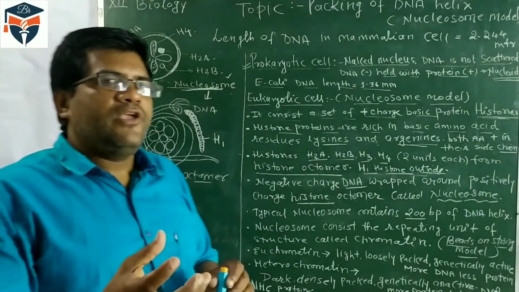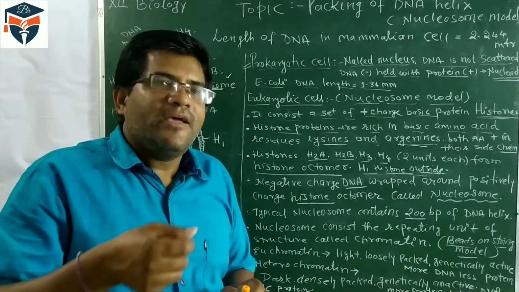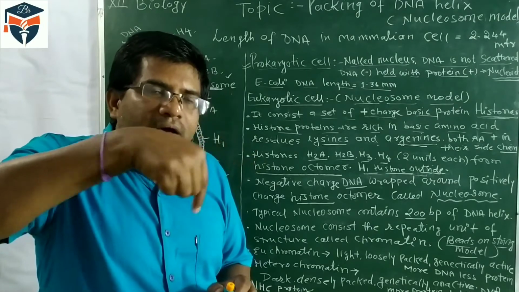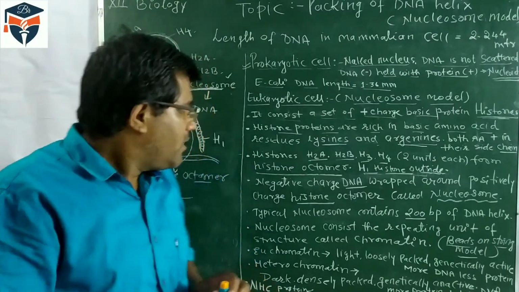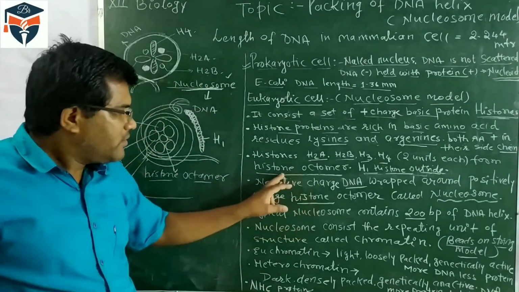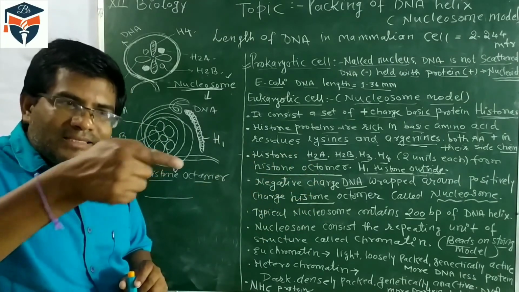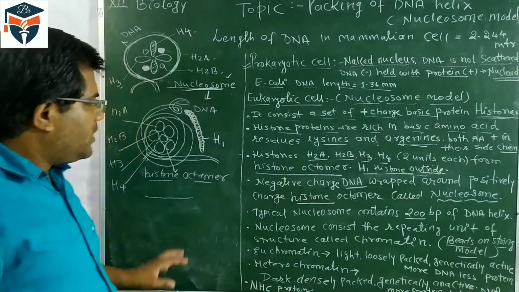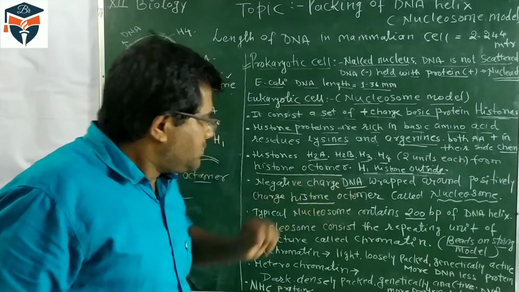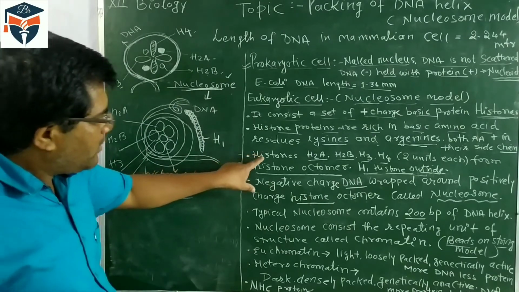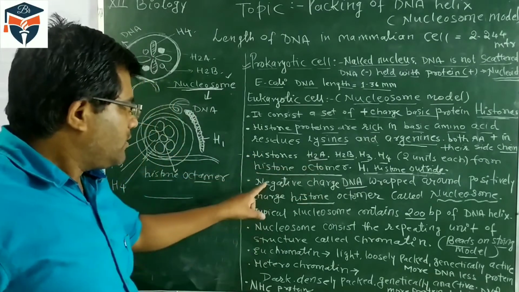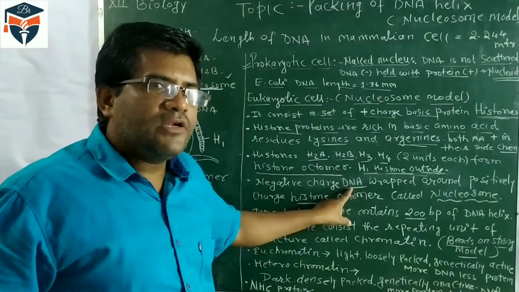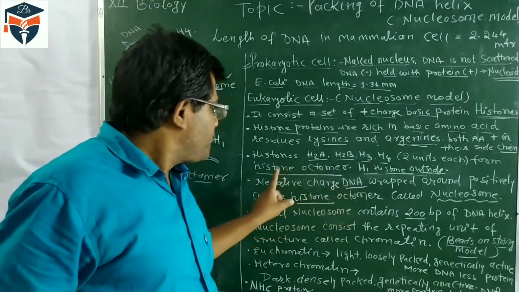Generally, you can think of a snake laying an egg. The snake lays the egg and makes a coil around the egg. So the egg is like the histone octamer, and the snake coil is the DNA-like structure. Okay. So in this case, the histone octamer is covered or wrapped with the DNA double ring, two times the DNA wrapped around the histone octamer.